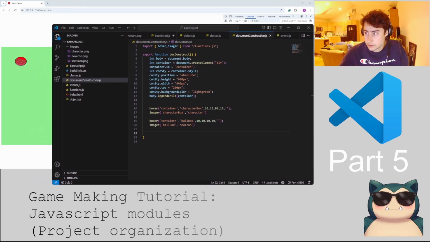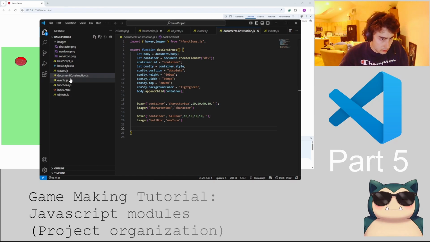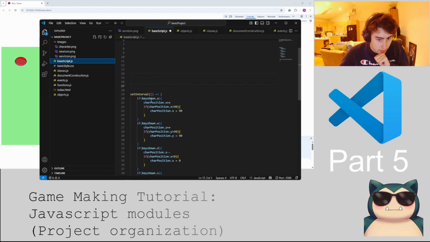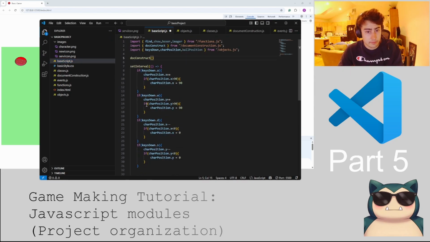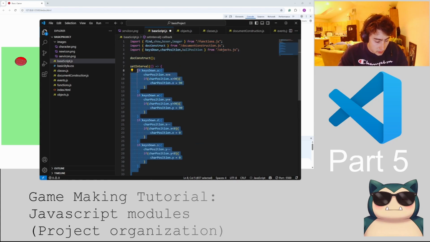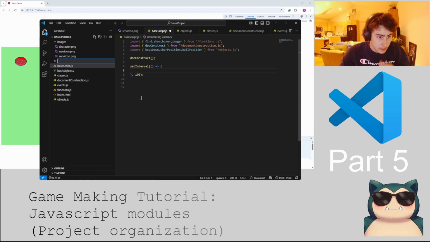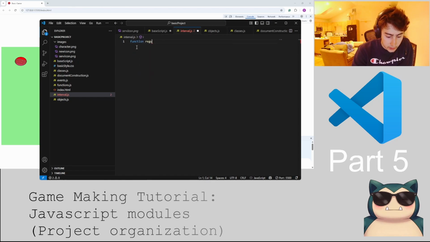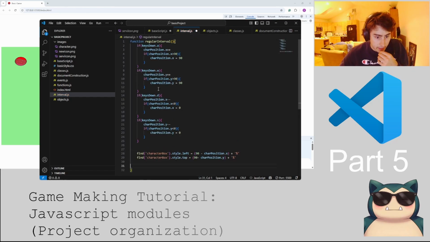Okay. Last but not least, right at the end here, base script. We just have this interval that's getting set. And that's fine. So the only things that happen are the document gets constructed and the interval gets set. And we can even clean it up a little more. We'll move all this to interval.js, and we'll say function regularInterval. Something like that, right? Paste all that in there,